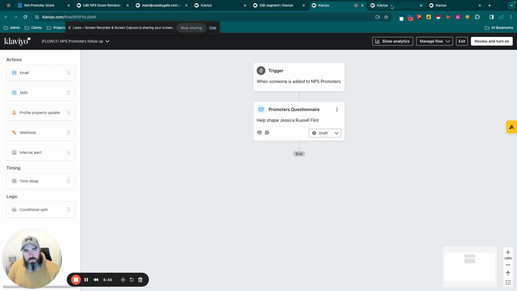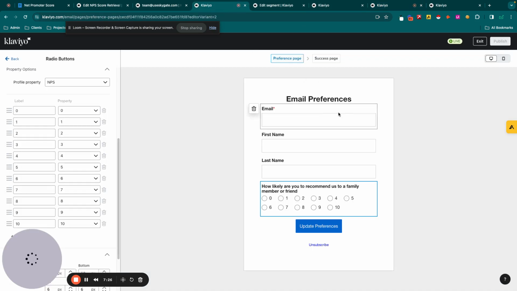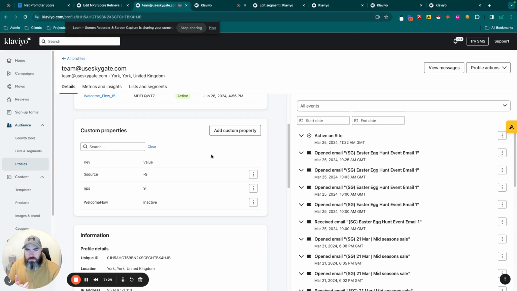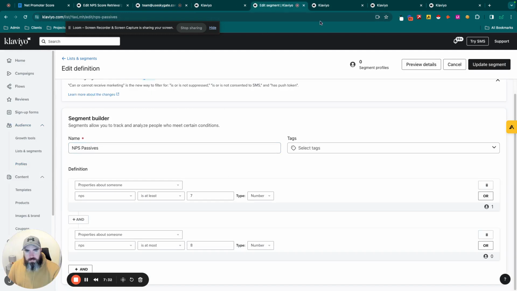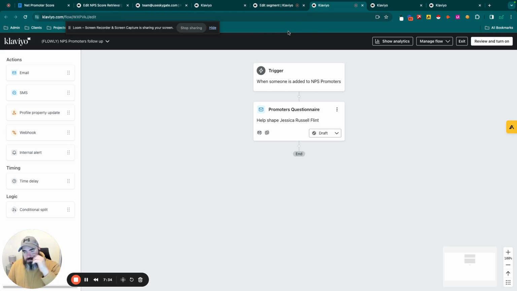And then, for your detractors, it's all about trying to get them back up that scale again. So it could be, how could we improve? What have we done wrong? How could we be better? And you get those. You can use Google Forms, Typeform, SurveyMonkey, whatever you want to use. You can create a number of different forms, and people can then fill that out, and you get that data as well. So you've basically gone from getting an NPS number from somebody from an email, adding them to the preference page, doing the custom property on here, and then basically you've got your list of segments which you create, and then you can create some flows, put some messages on there,